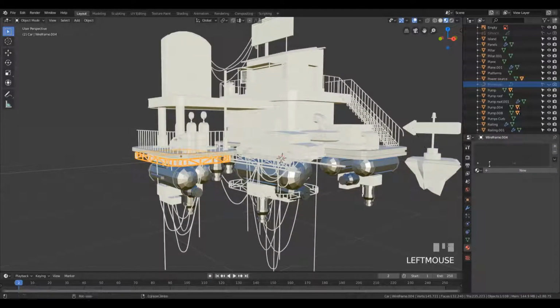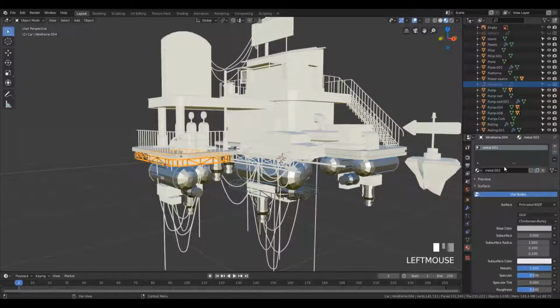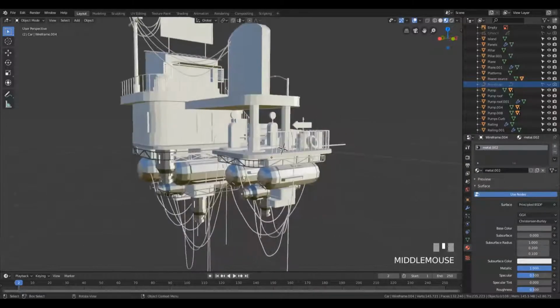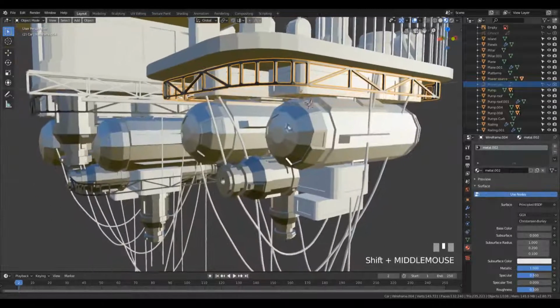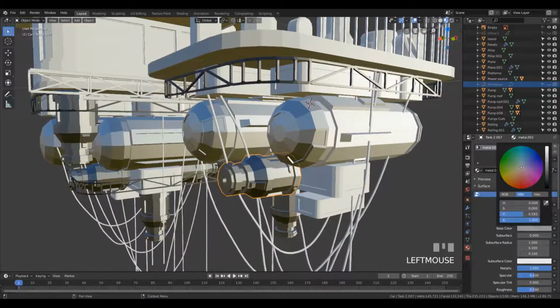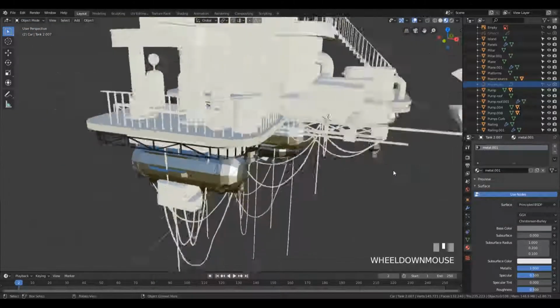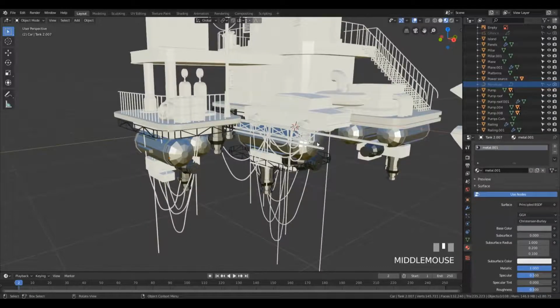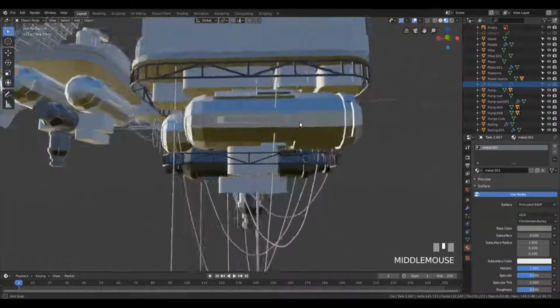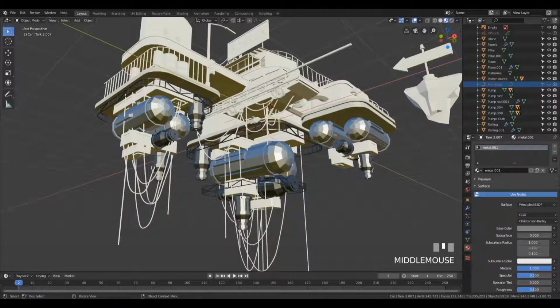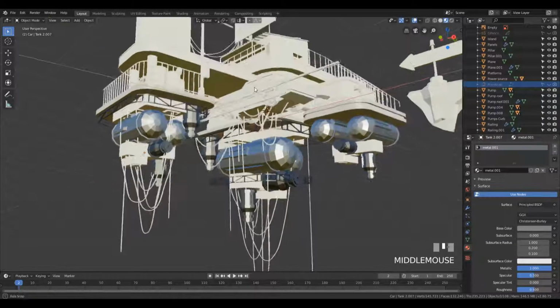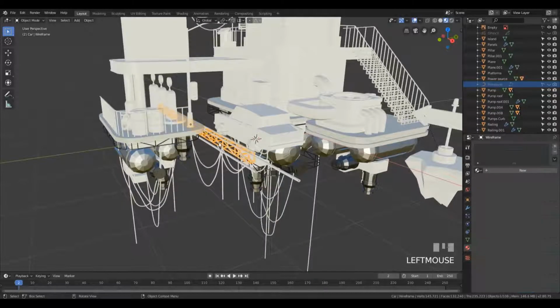So let's select some wireframe here and apply this metal 001 material. And again, you can duplicate this and make it darker, like really darker, so it's basically almost black, and this one we can make a little bit darker too. Okay, I like this so far, and as you can see, since these were linked duplicates, we have applied the materials to every tank and every cylinder,